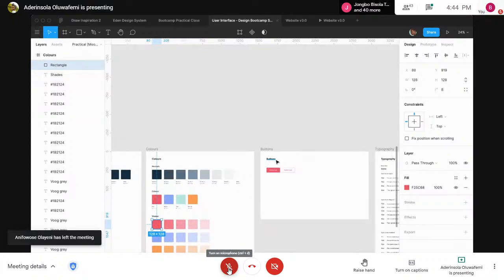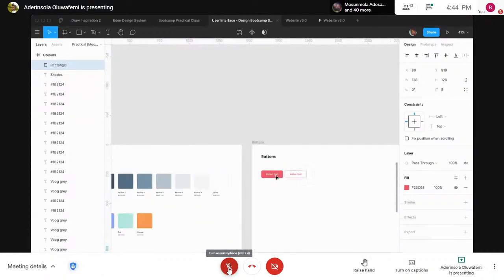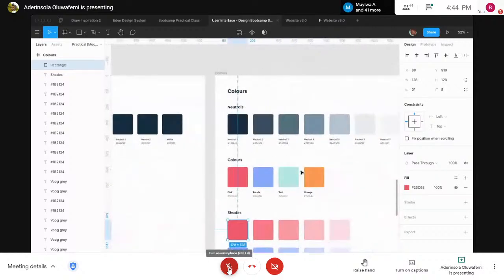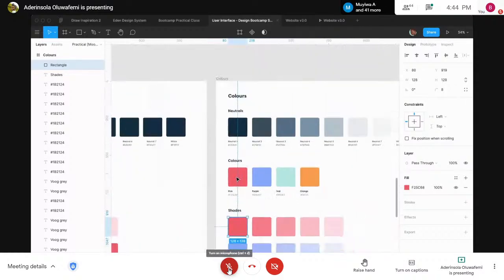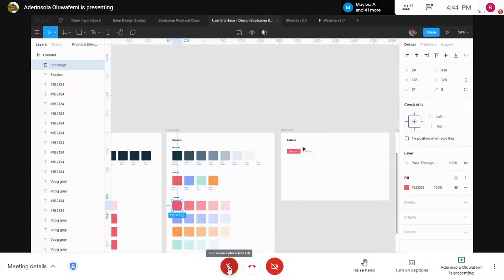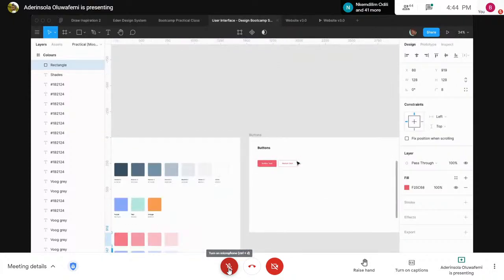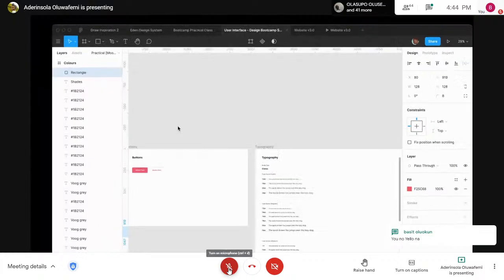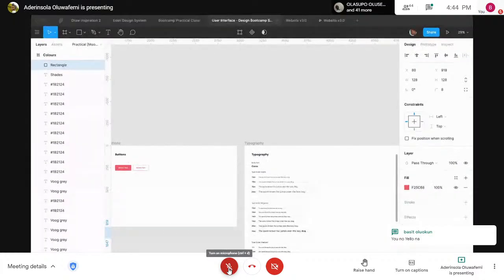And then for the buttons, I made this my primary color because it's a really cute color. I'm not a pink fan, but this is a really cute shade of pink. So I made it the primary color, created a fill button, and then for typography,